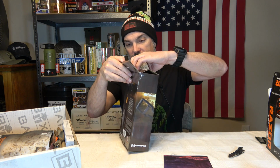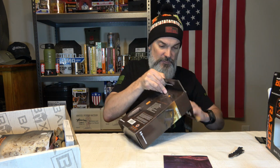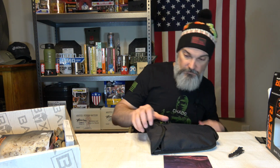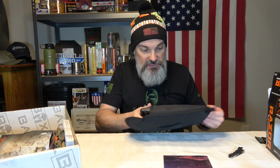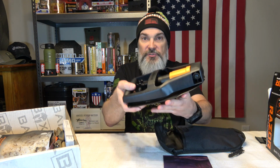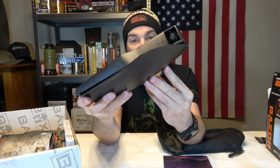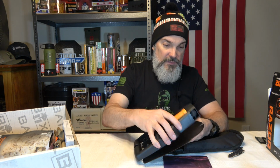Okay, so let's see what we got, because I do like these little shovels. If you're someone who likes to go camping, then these little compact fold up shovels like this, these things are super handy. You really will get use out of them. So yeah,